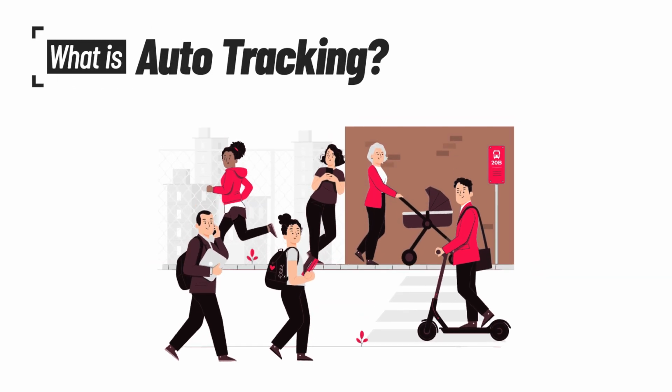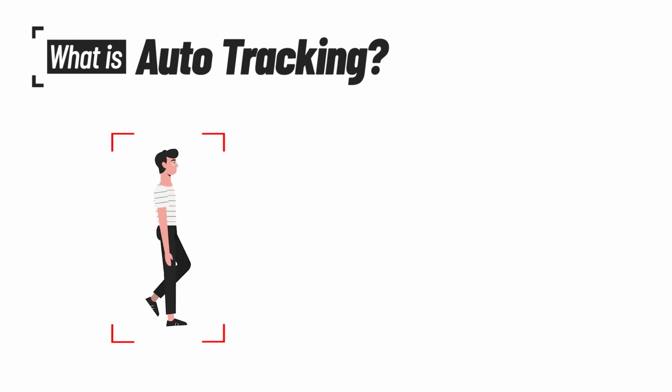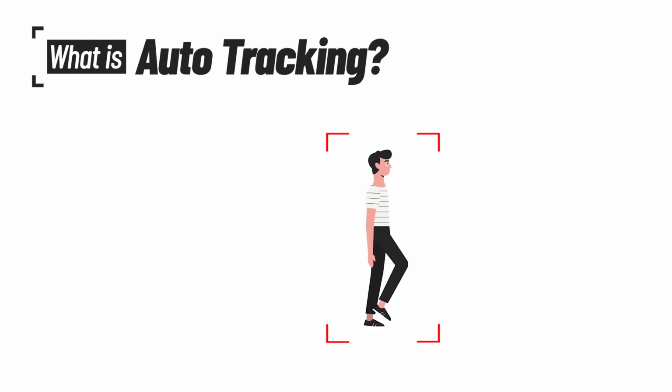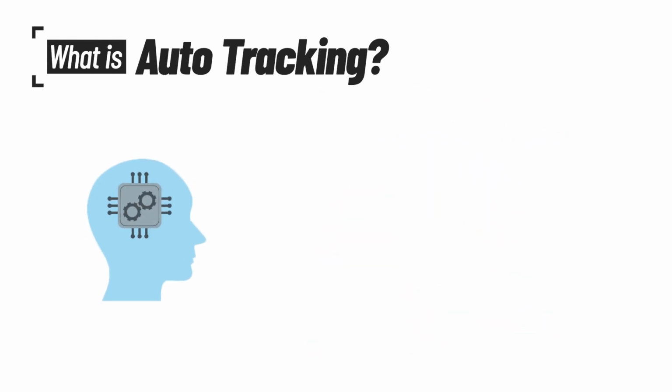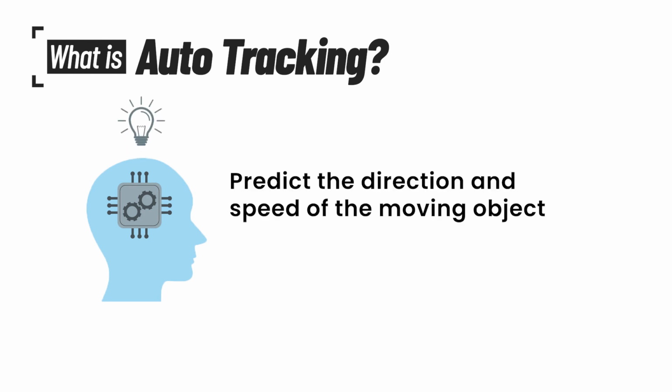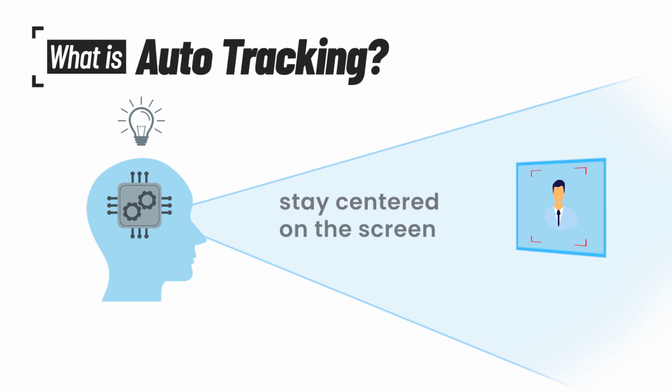Auto-tracking is a unique technology of PTZ cameras that allows them to lock onto and continuously track moving targets by using their pan, tilt, and zoom capabilities. Equipped with AI algorithms, the camera can predict the direction and speed of the moving object, ensuring it stays centered